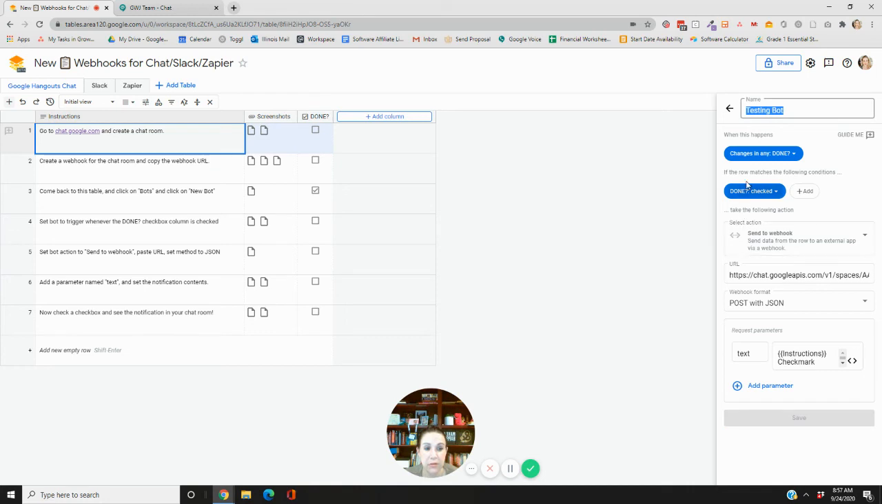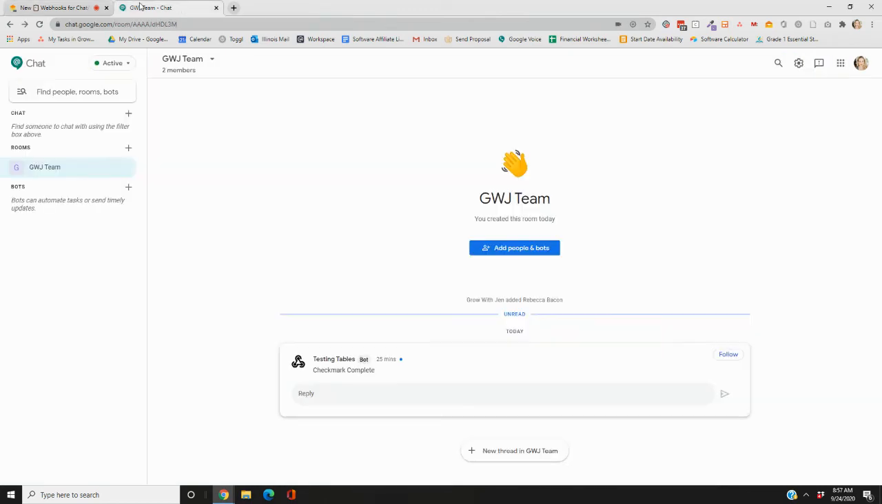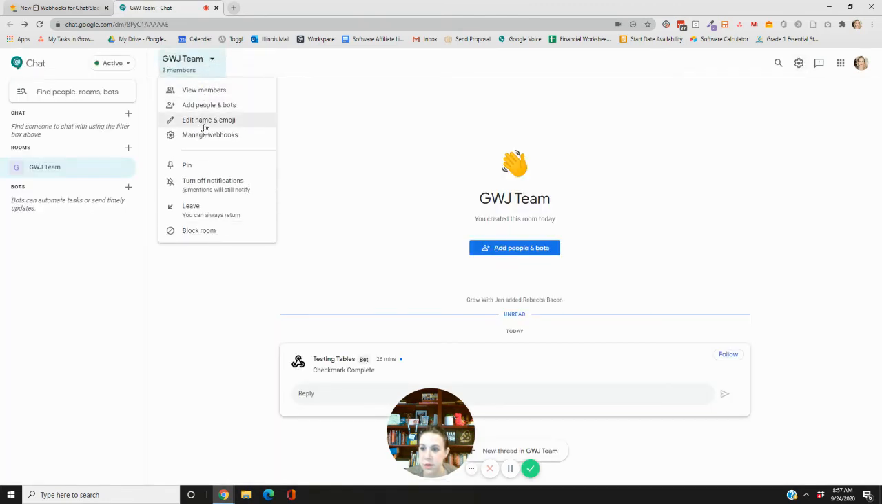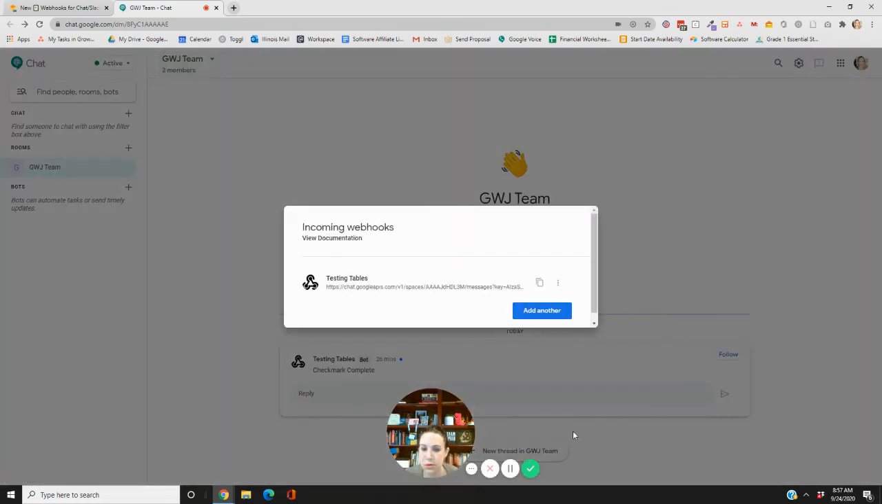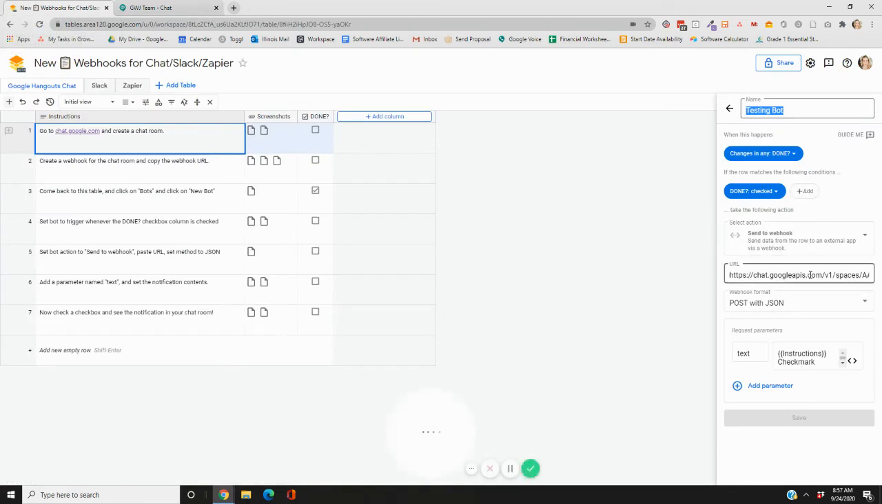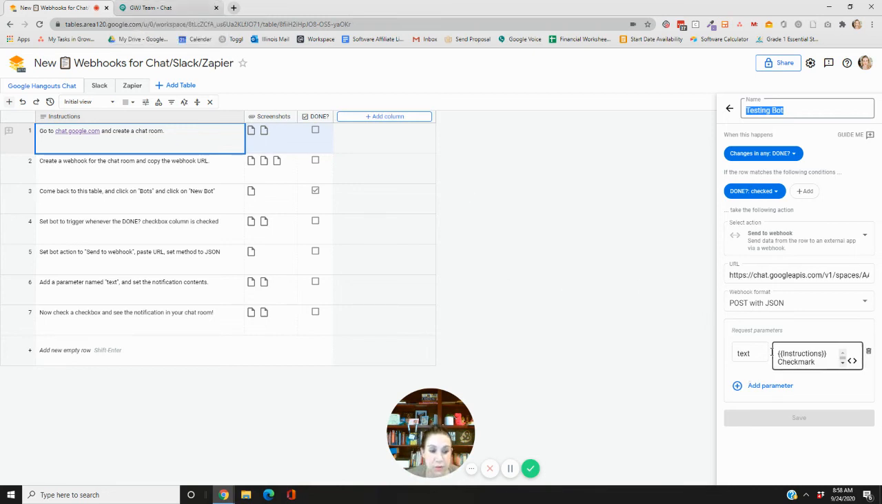that says, when something happens in the done column and it gets checked, then I want to send to a webhook, which is in chat. You can create webhooks in here and stuff like that. You can create the webhook there. And then what happens is you send it to the webhook, and you get a post with JSON. And then you can send a text string to the chat, which says this variable, which is the